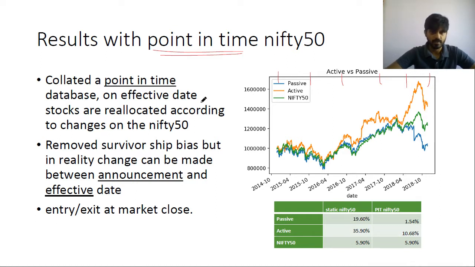So we can see the performance here. After I apply this assumption, I see my active has performed better than the passive. The passive, in fact, dropped below the Nifty 50, which makes some sense now, because the Nifty 50 has some different weighting compared to the equally weighted portfolio that we assumed. So obviously it wouldn't be the same. But for this backtest, I just assumed entry at market lows so that we can take things a step at a time.